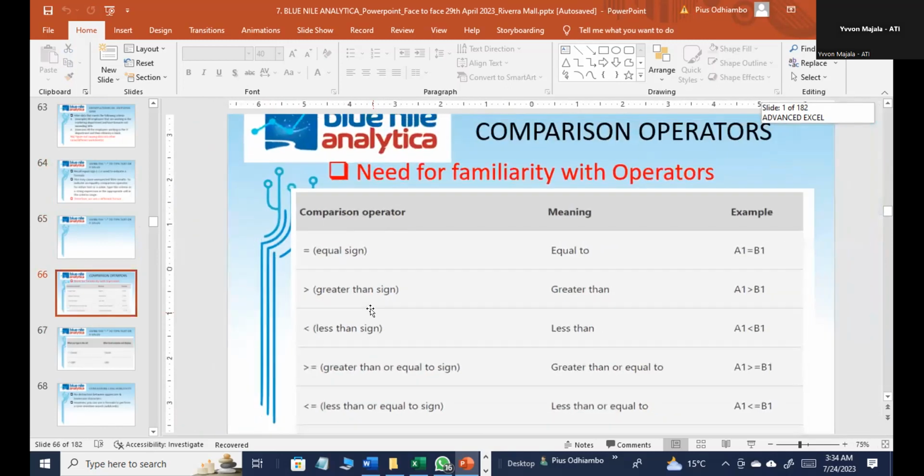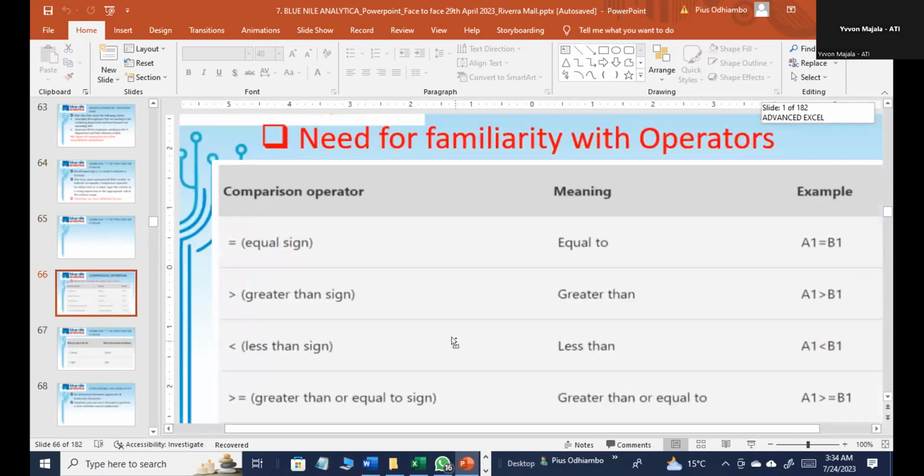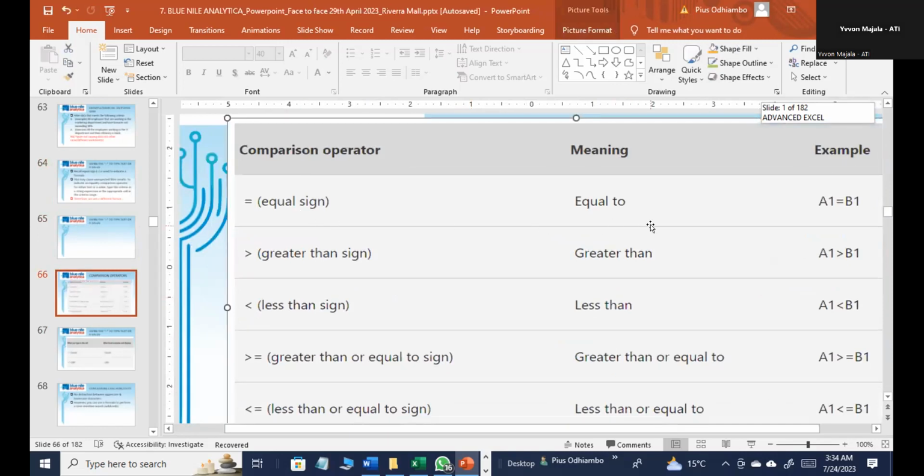Okay, so to be familiar with the comparison operators, I think we've talked about the equal sign. In this table here, we have the comparison operators. Remember, when you are using the IF function, you are using the equal sign. At some point, you are evaluating the value of a cell by using the equal sign. And of course, basically what it means is the two cells are the same. They are equal. A1 is equal to B1. That's an example. You can use others like greater